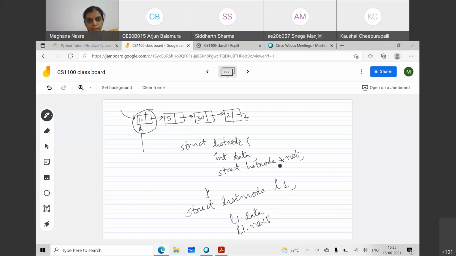And finally, we have a pointer to the first node, which we will call the head pointer. That will allow us to have this linked list completely. So this is our goal. That is, if we are given 4 data items, namely 10, 5, 30, and 2, we want to create this linked list in this manner. So this is the definition of the node that we are going to have, and we are going to use this to talk about the linked list and in fact implement the linked list. So are there any questions or comments here?